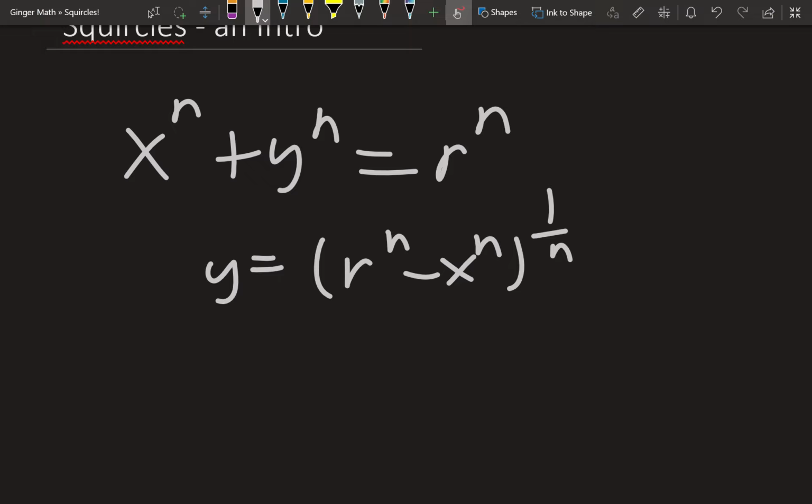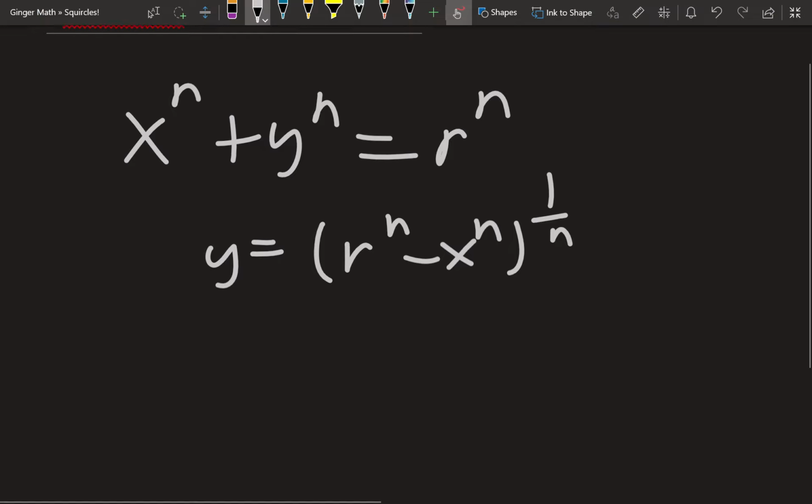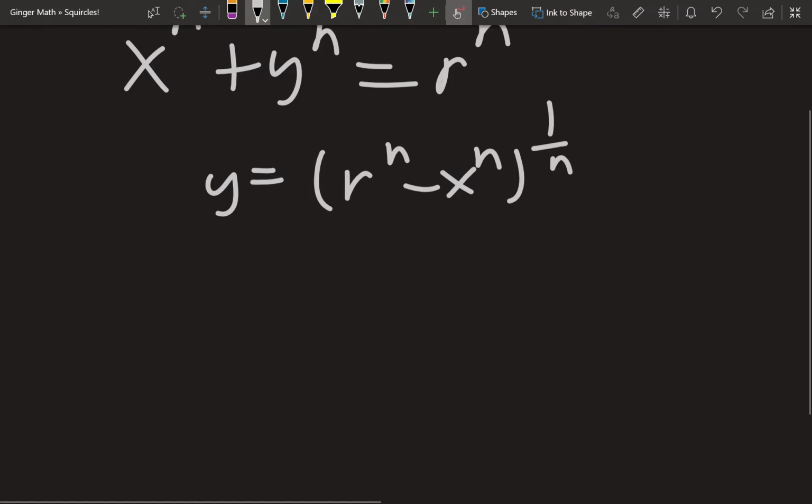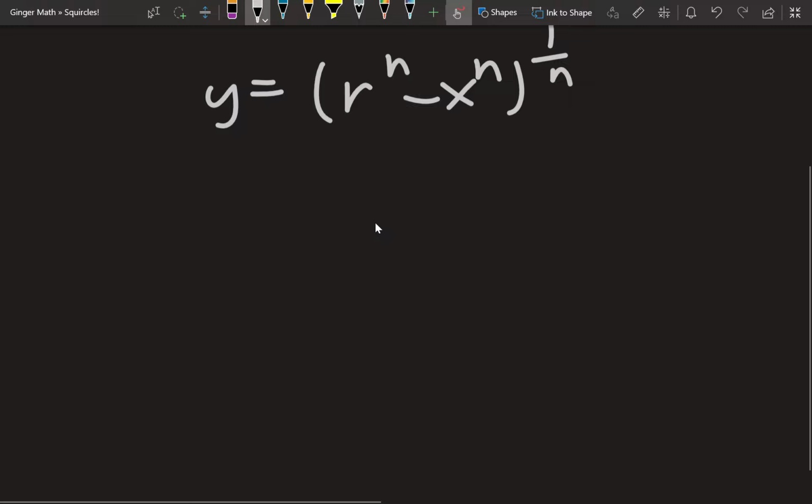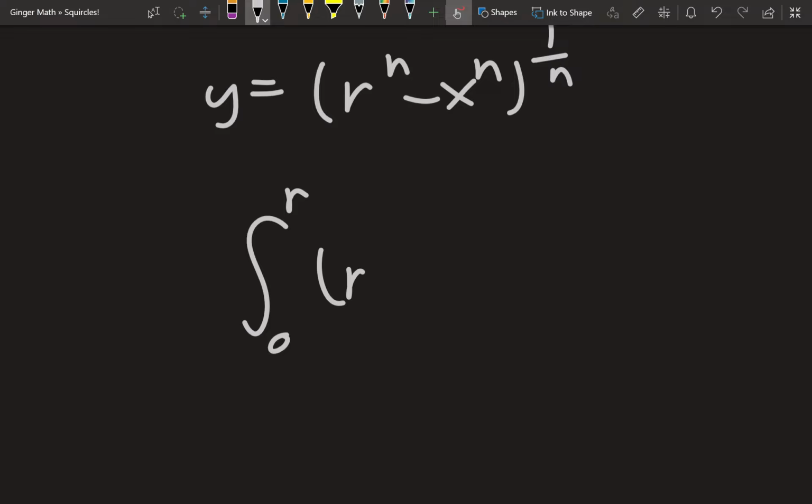And this is the function we're going to be integrating, because technically this is only the top half of the squircle, but it really doesn't matter all too much, because of the way we're going to set up our bounds. So we're just going to be integrating from 0 to r of r to the n minus x to the n, to the 1 over n,